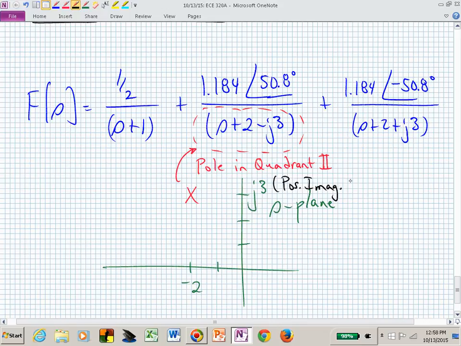Positive imaginary component. And that one is underneath a sub 2. That's the point I'm trying to make. A sub 2 is associated with that particular pole, which is what you always want to be looking at. Your formulas in the book